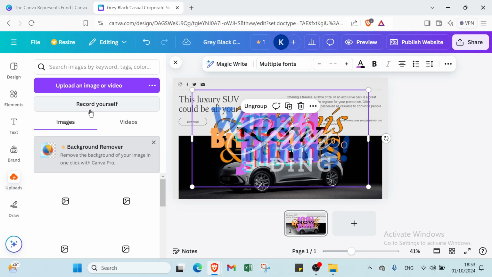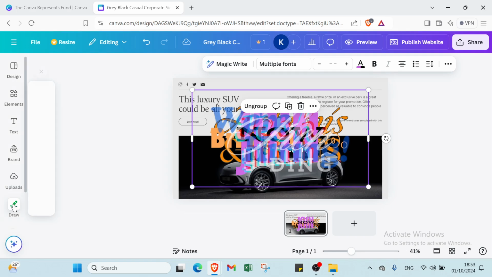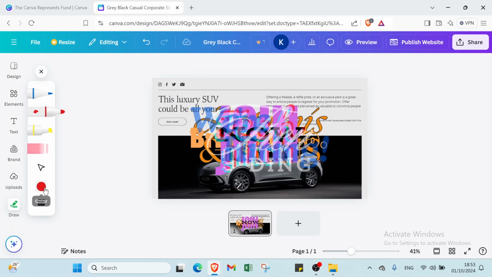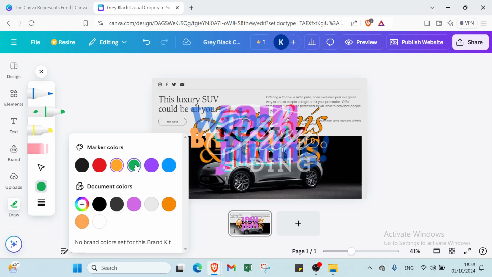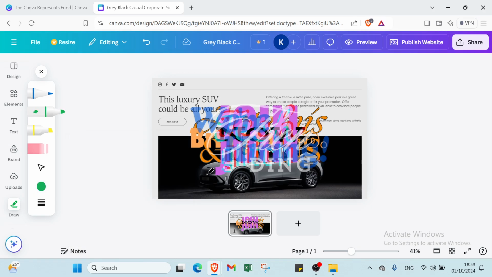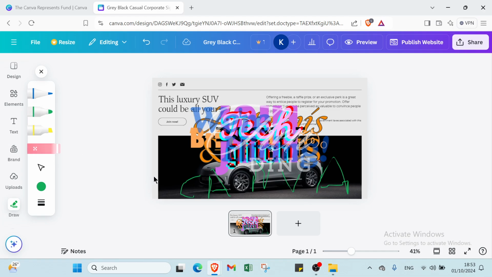You can also record yourself if you want. Then we have draw, sorry. So you select the color that you want, for example this one or this one, and then you click here and you write whatever you want. For example, I will write Canva. So I will come back here. So this is it. If you want to delete it, you click here and you delete. As you can see,